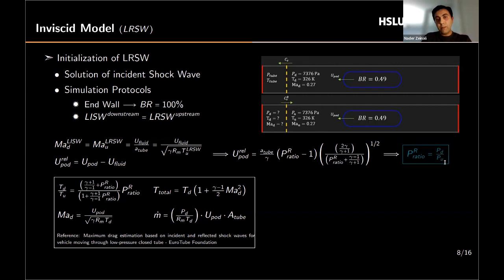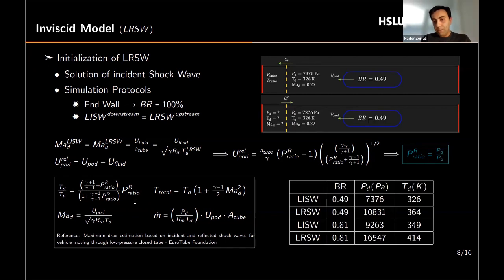So then we have the upstream condition, then we are able to obtain the pressure downstream and all other parameters of the downstream by using these formulas. For instance, in the table, I calculated the pressure and temperature of downstream. And you can see that for both blockage ratios, after the interaction of the incident wave with the tube end wall, the pressure downstream increases. And for higher blockage ratios, since the shock wave was stronger, it's producing higher pressure for